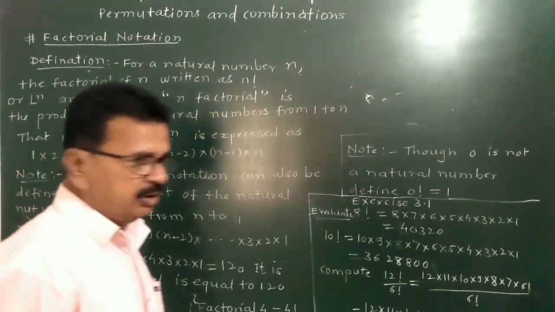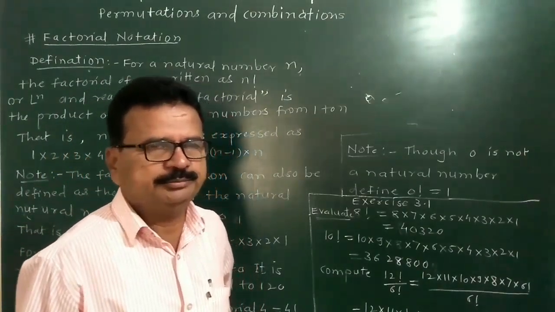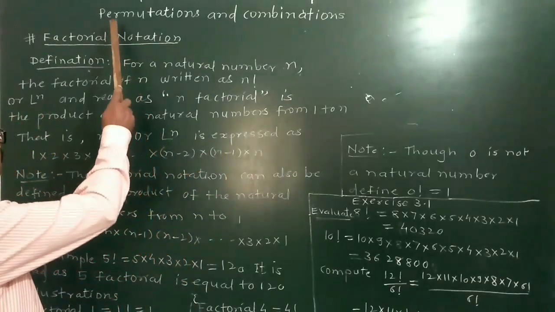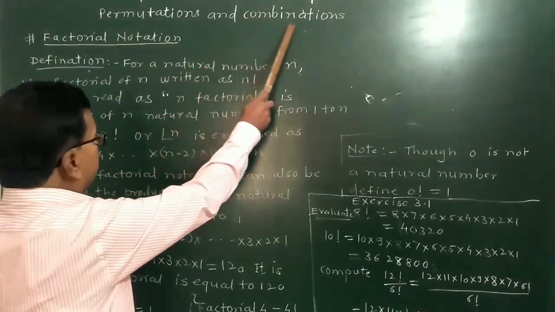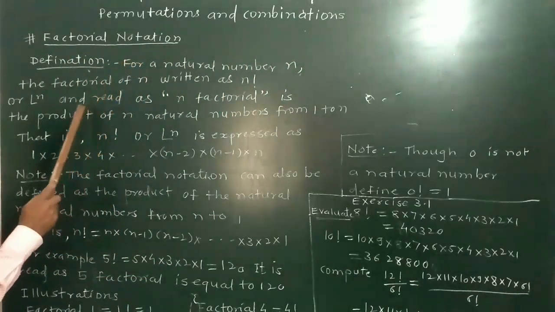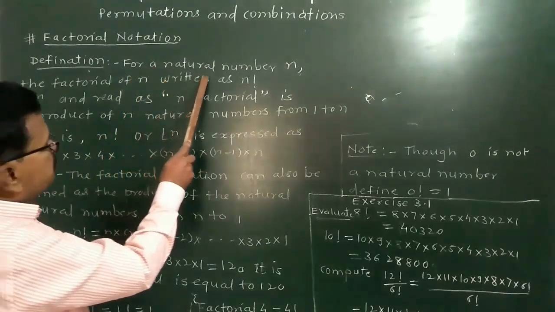Today we are going to learn mathematics paper second. Topic: permutations and combinations. First part, factorial notation. Definition for a